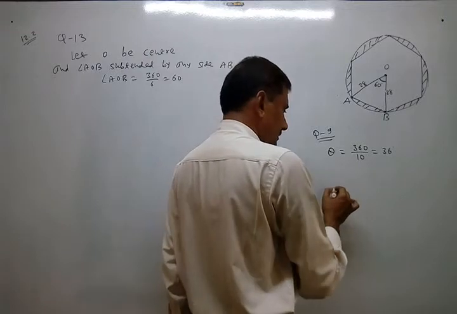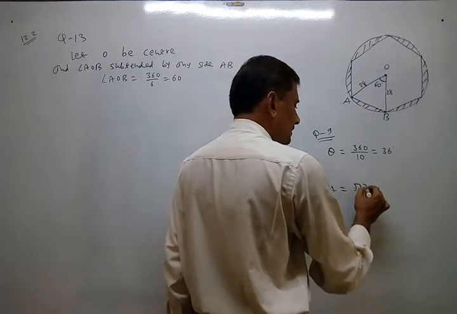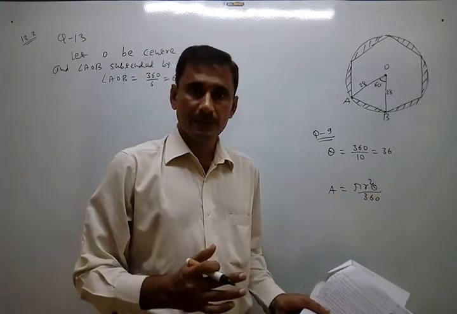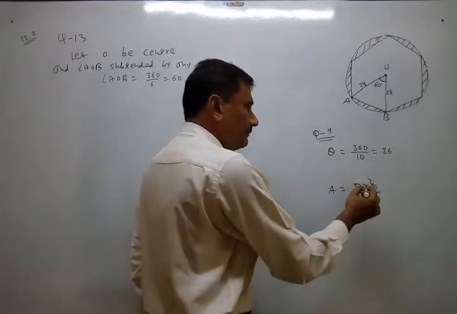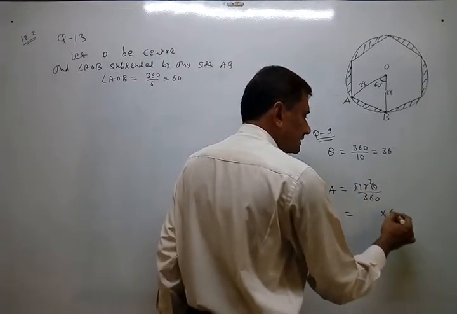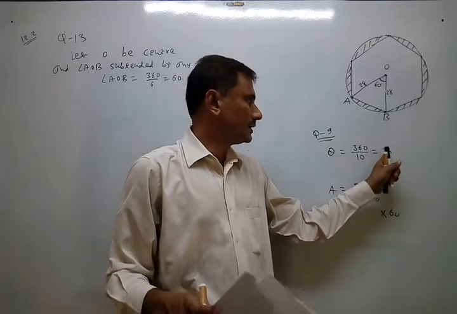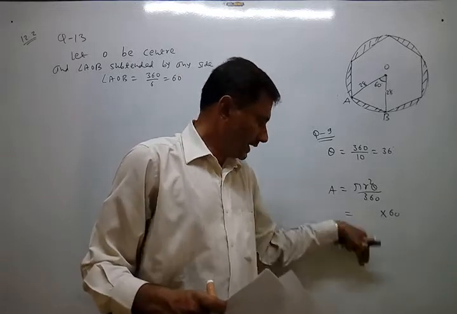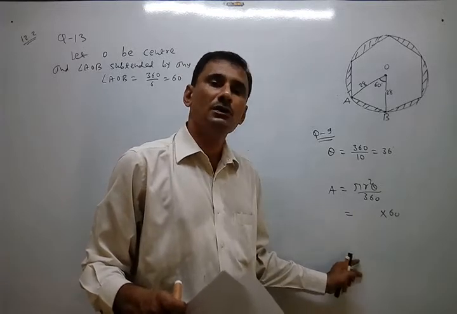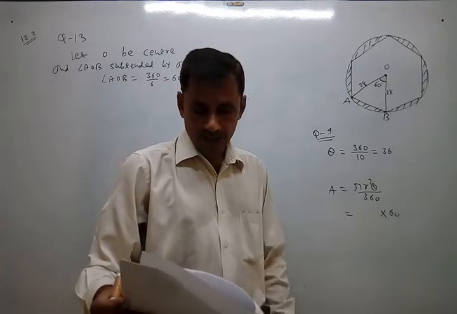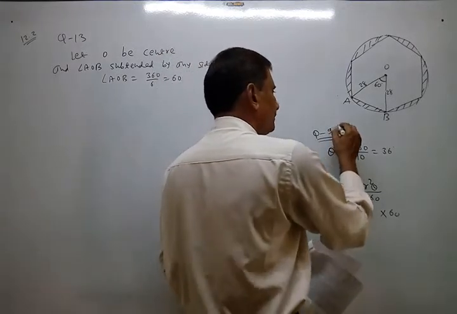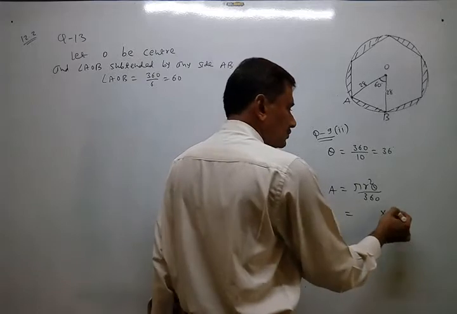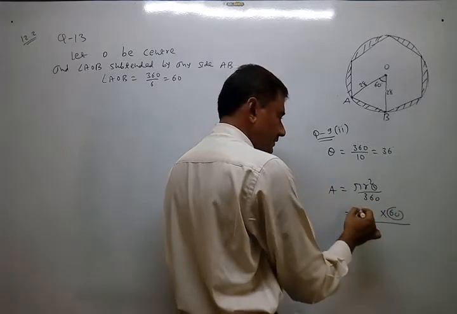But at the calculation, pi r square theta upon 360, just re-watch yesterday's video. I have made one mistake here. I have taken theta 60, so instead of taking 36, I have taken theta 60 degrees. So obviously the next step will be wrong, so the answer will also be wrong. You understand? This is regarding the area of each sector of the board, question 9 second part. So in the calculation of 9 second, here it should be 36. Remaining everything is right.